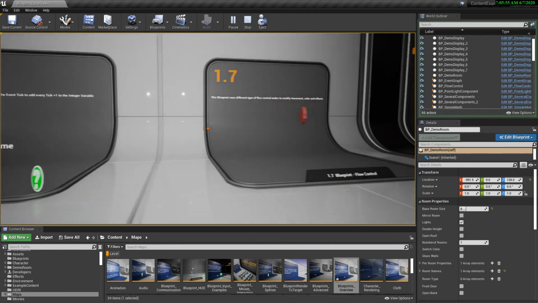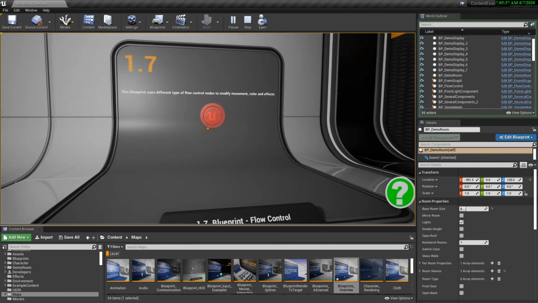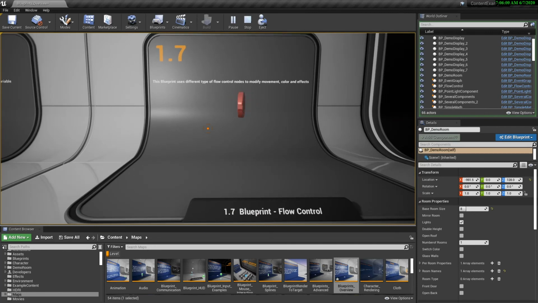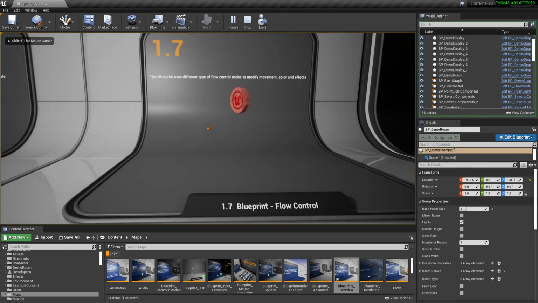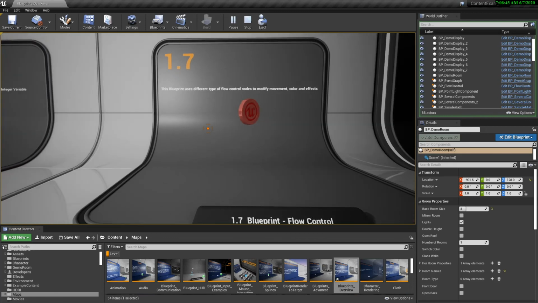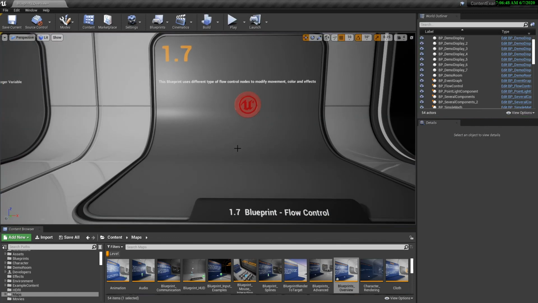All right, finally, there's different elements of flow control that I mentioned inside of Unreal. I mentioned branch, sequential, and switches. Let's relaunch just so we can get to see the great particle systems.